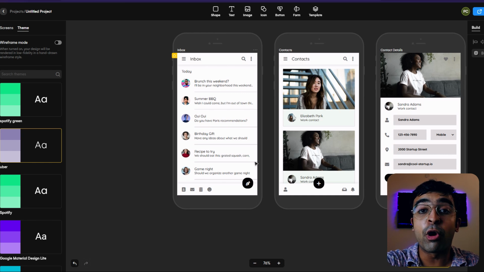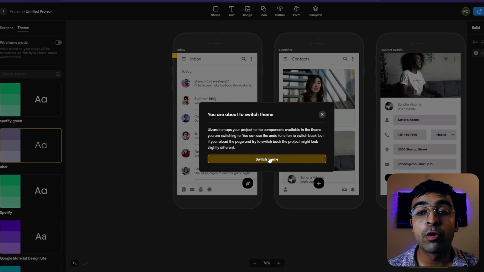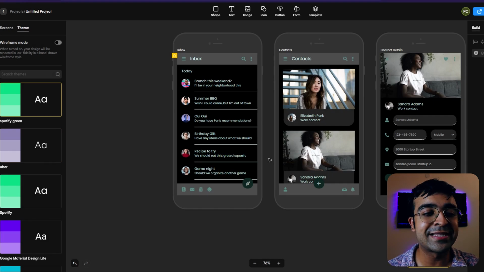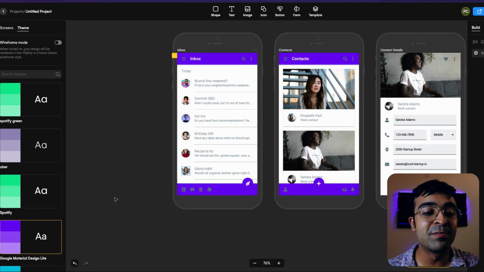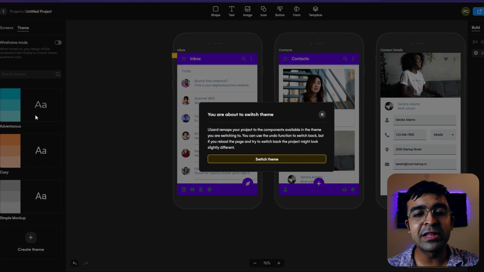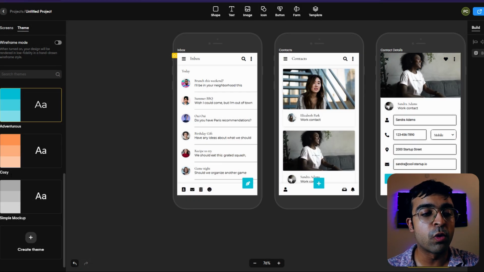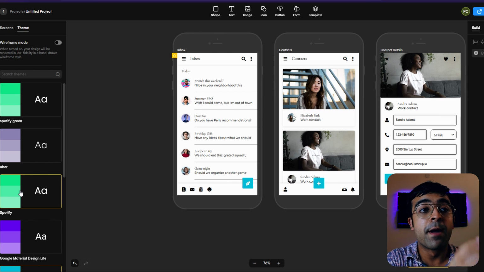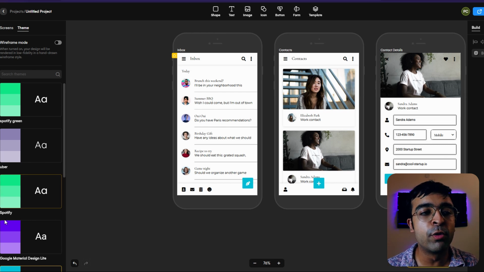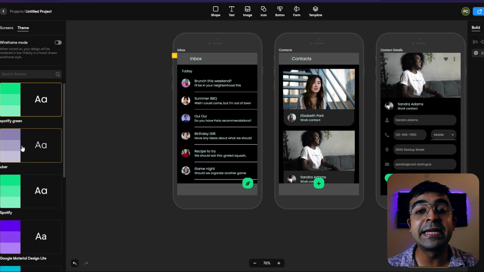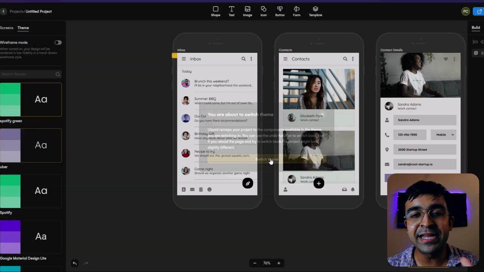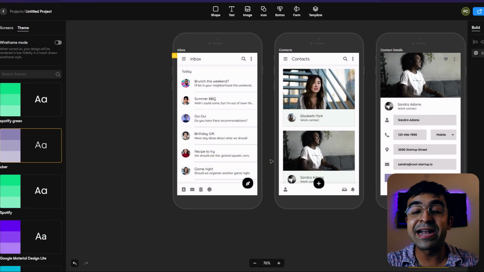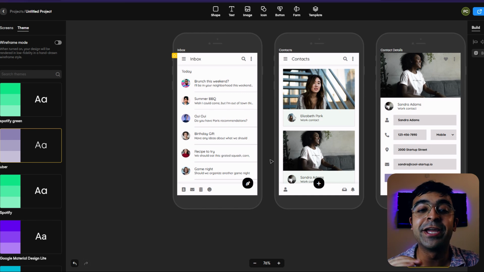Even the border radius of the input fields has changed to a normal border radius as compared to the Spotify Green, where it's a rounded border radius. That is so cool. You can switch to material. You can switch to all these predefined ones as well if you want, or you can just pick up an image, put it here, and automatically, boom, you have a UI design created for you here. I personally love the Uber one. Go ahead, try it out. I think it'll be very useful.